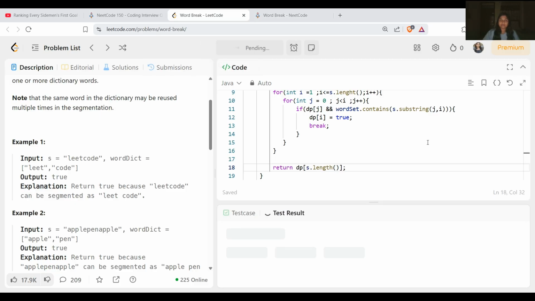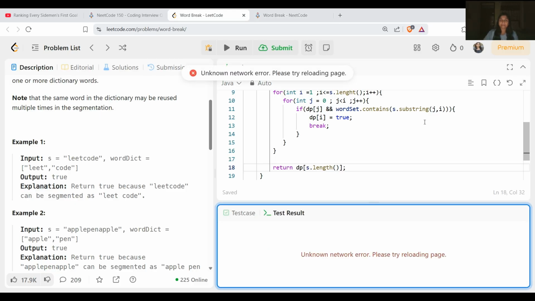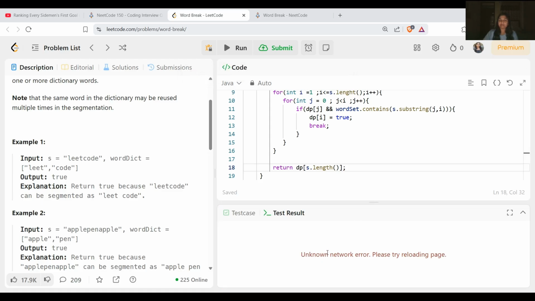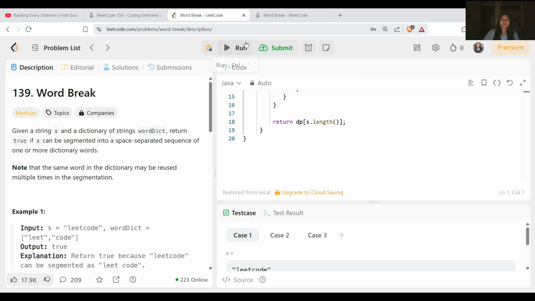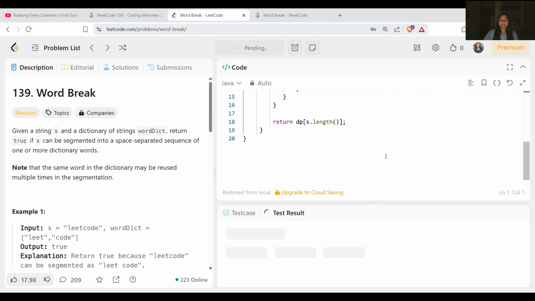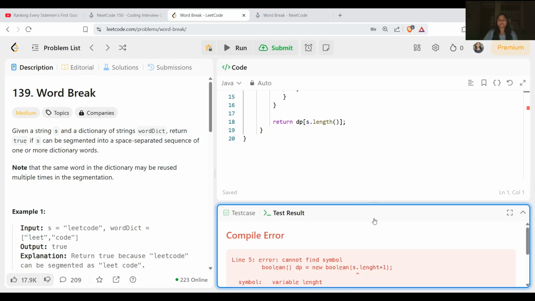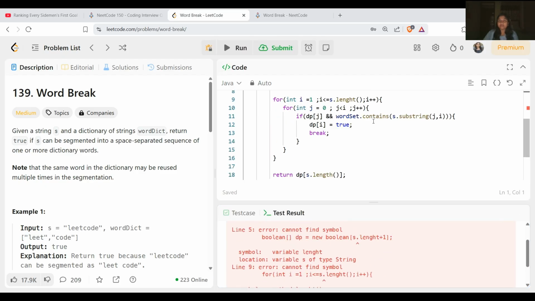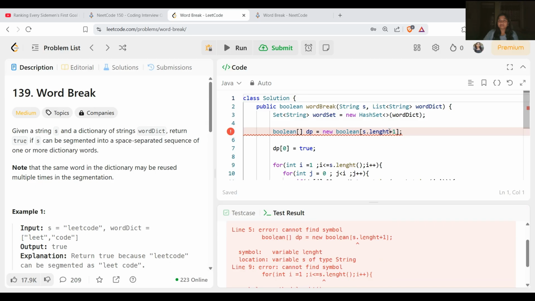Okay, so let me run this. Okay, network issue, I think. So let me run this. I'm getting an error with the length.